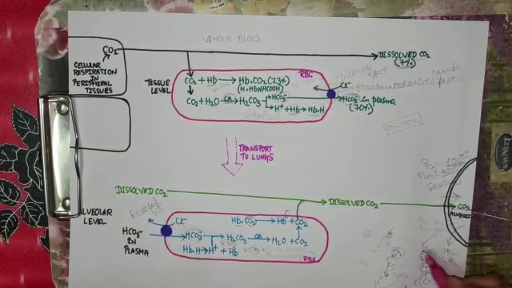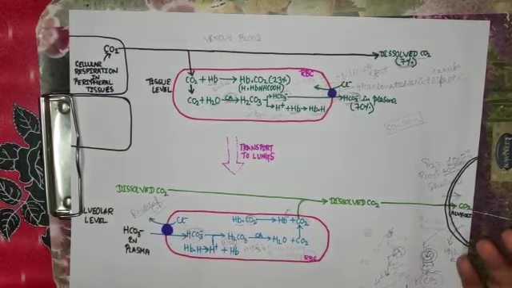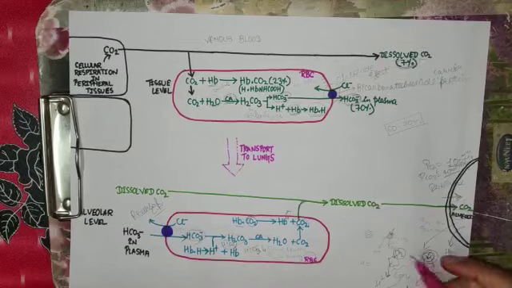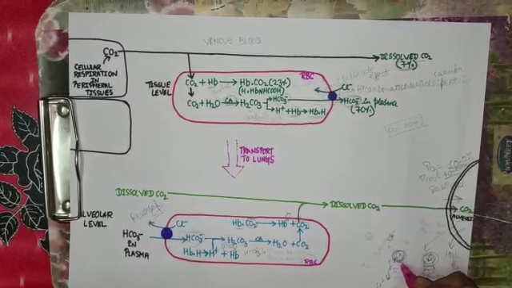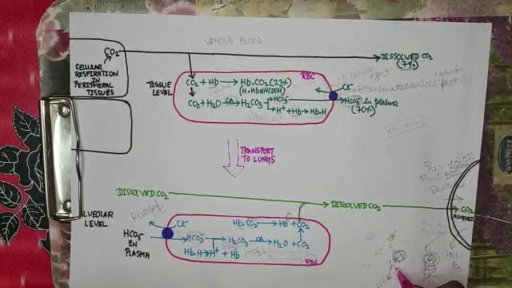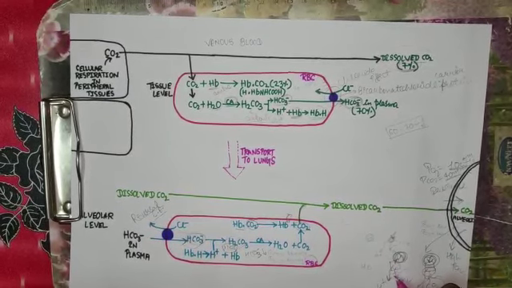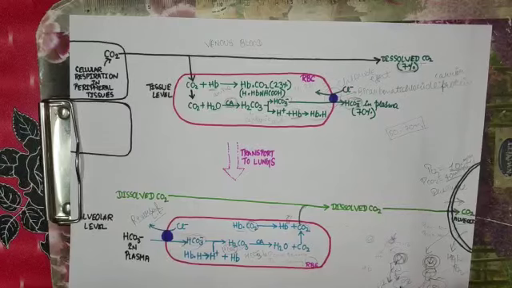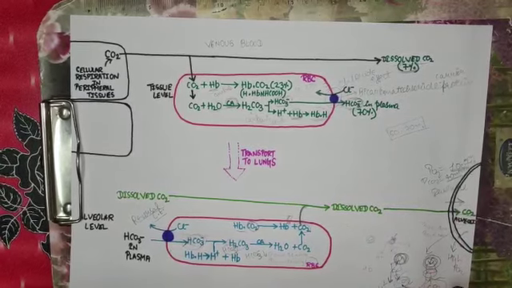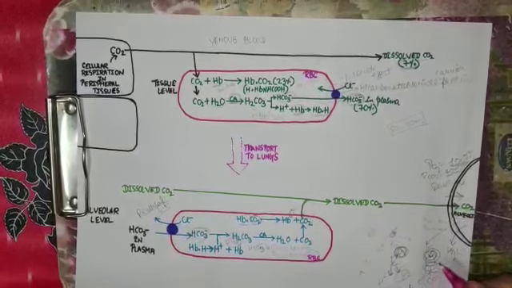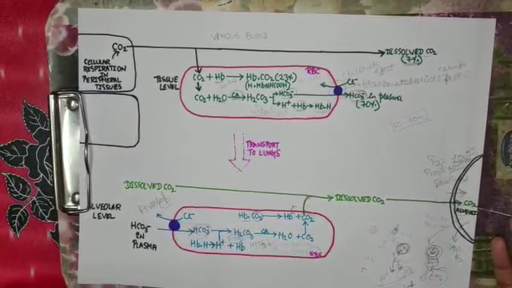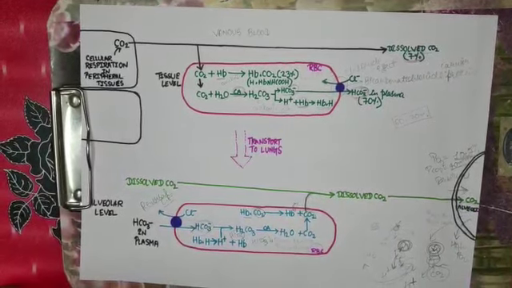And so therefore we can define the Haldane effect. The Haldane effect is the formation of oxyhemoglobin, and due to the formation of oxyhemoglobin, the release or dissociation of CO2 from its compounds, and the expiration of CO2, is actually the Haldane effect. So thank you, and I end here with my topic.